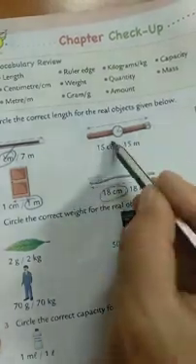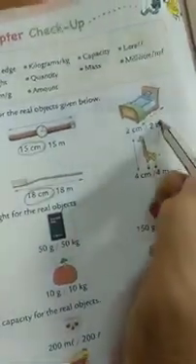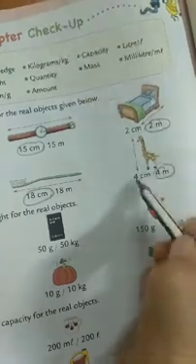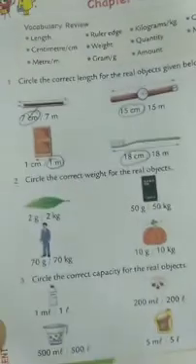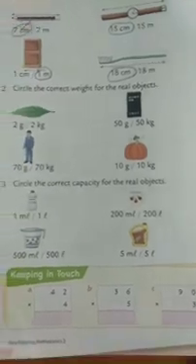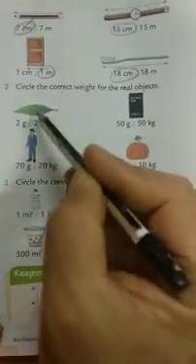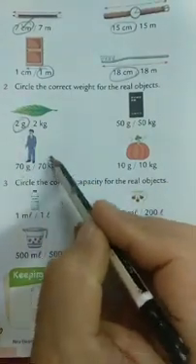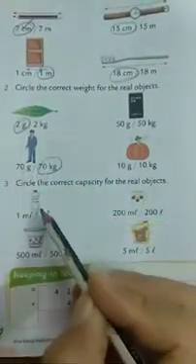This one is 15 centimeter. So here you can see the bed, it can be 2 meter. The height of this one can be 4 meter, not 4 centimeter. Okay, now this way you can do the chapter checkup. It is easy, we have discussed all the things. Just like this is a leaf, it can be 2 gram. This is a person, 70 kilogram, not 70 gram, very small.